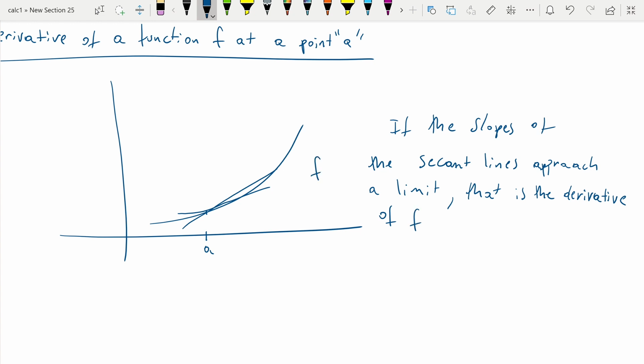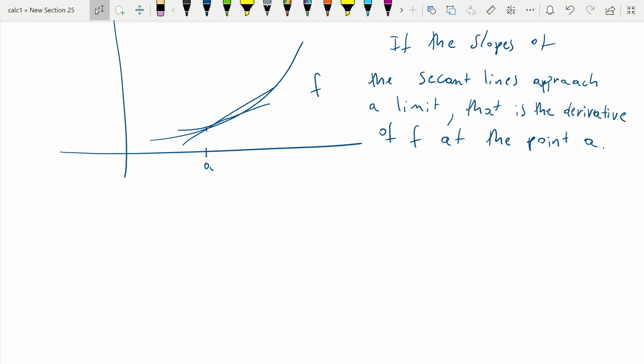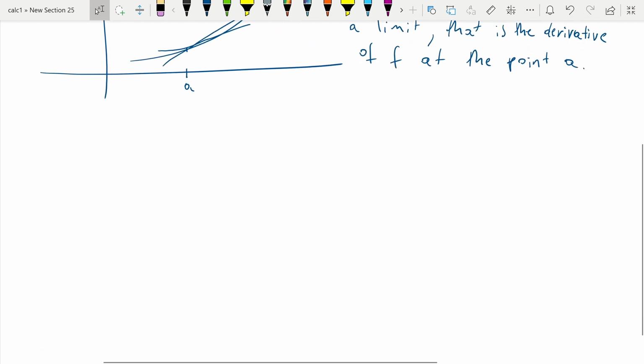So this is the graph of the function f. And so as we get closer and closer to the point A and we record all the slopes of these secant lines, if those slopes are approaching a certain number, then we call that number the derivative of f at the point A. So we compute rates of change, average rates of change, and if those rates have a limit, then that will be the derivative. So in a formula,